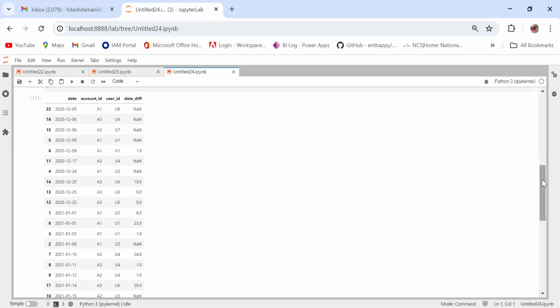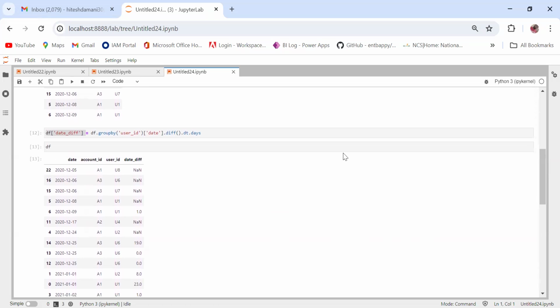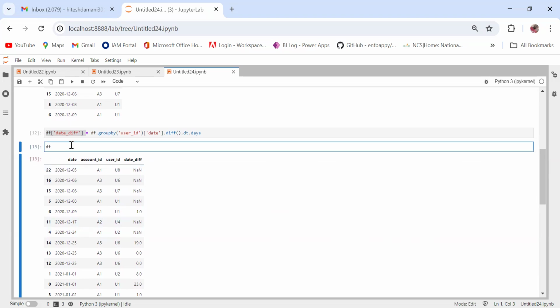So over here, I will filter the data just for nulls and those cases where we have a date difference of 1. For that, I will take df, I will fetch df where date diff